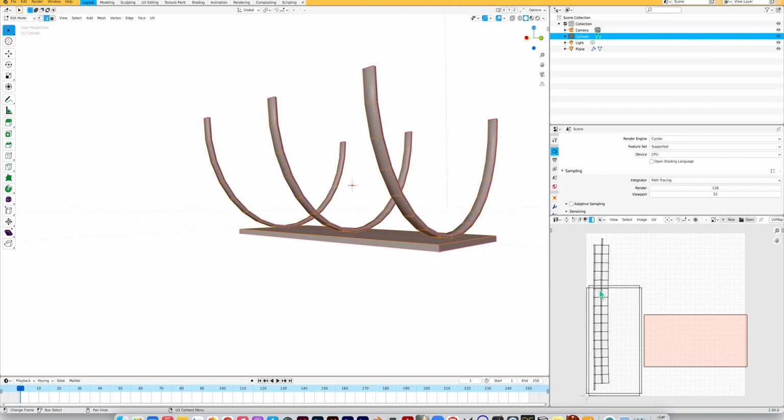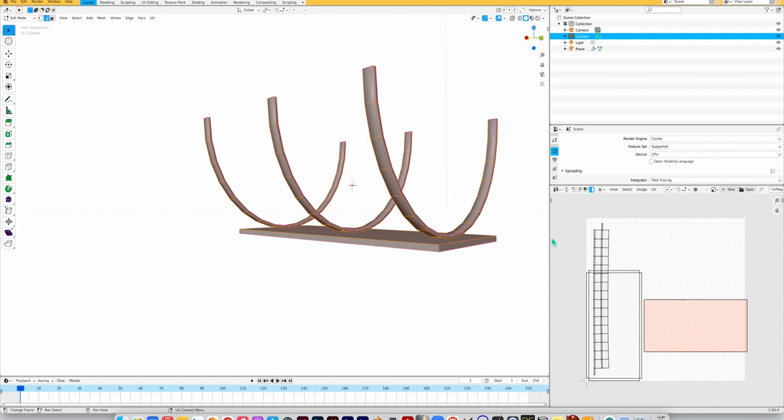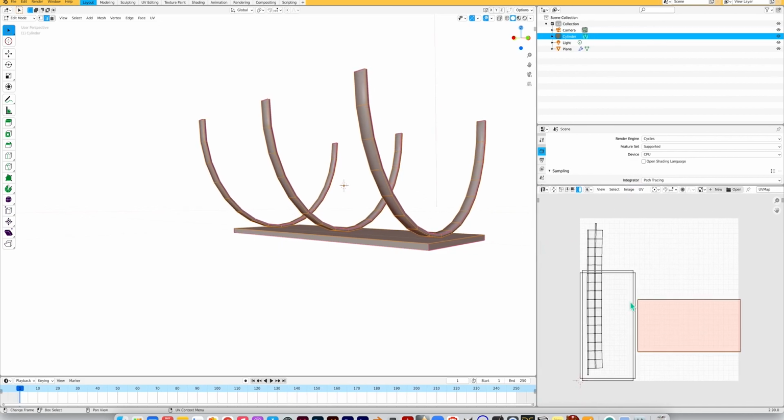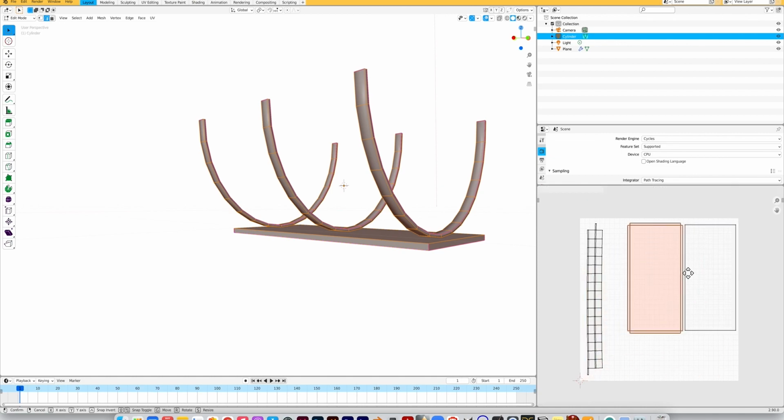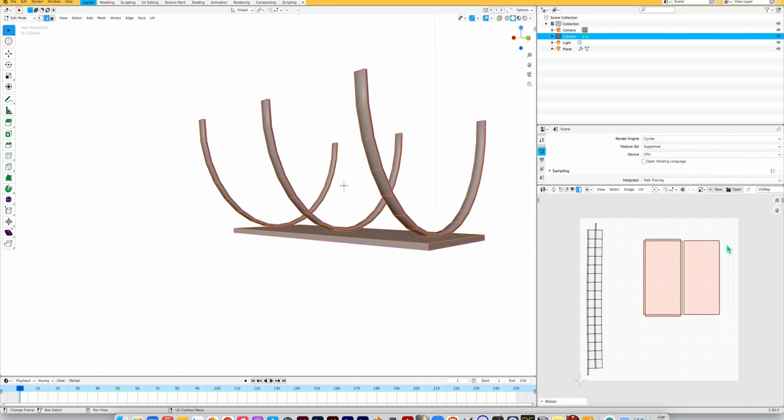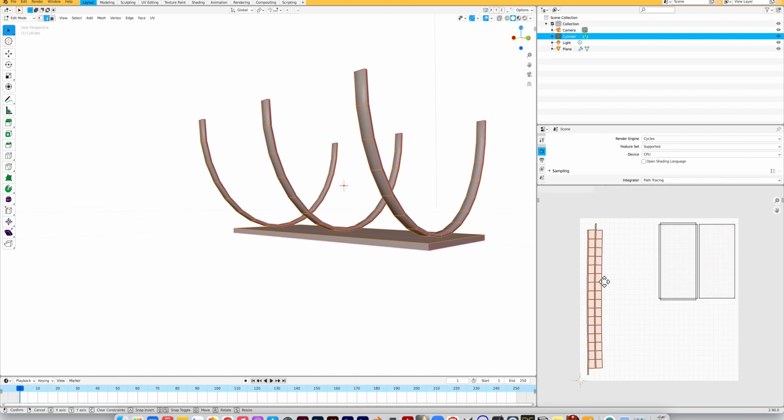I'm going to select everything because this is all going to go on one map, all of the metal parts, and I'm just going to rotate this face here by hitting R for rotate 90 degrees, enter, so I can move it around because it's kind of in the way, and G to grab and move this in, and then just going to select these by holding shift and clicking so I can make them a bit smaller. These I just hit G and X to constrain the movement, GX along the x-axis to kind of move these